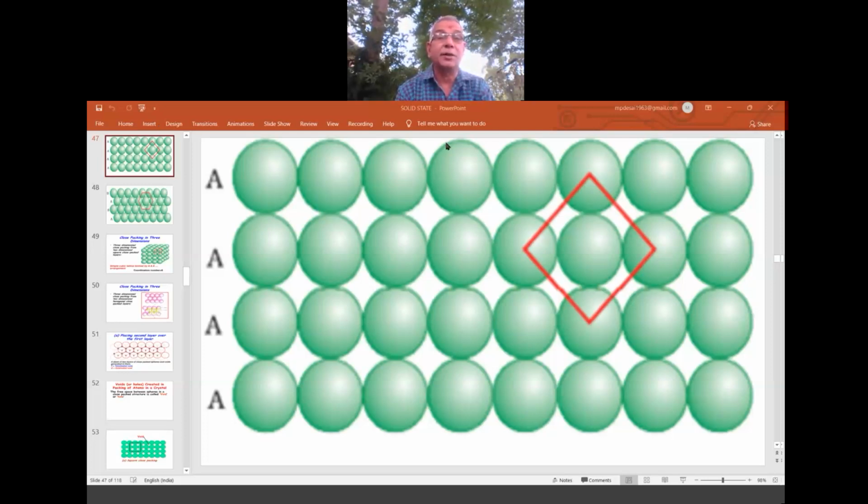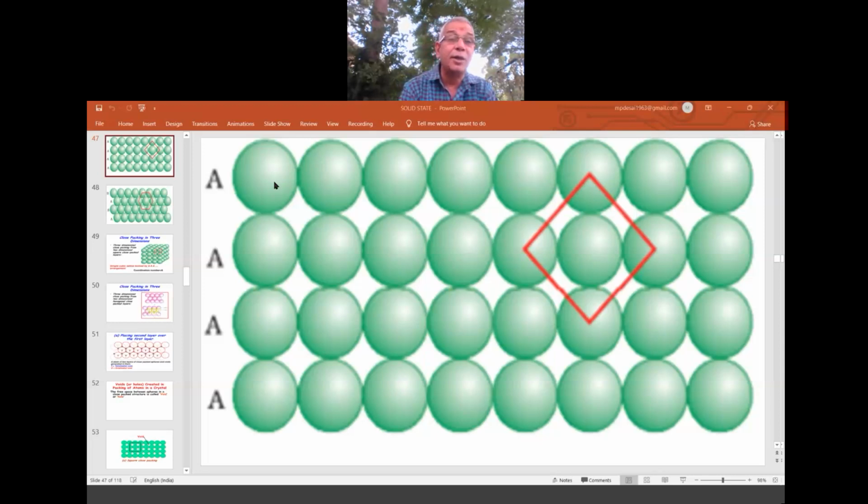Right. When we keep one layer over the other layer in 2D, all the layers are the same layers, A type layers. Just one name is given, similar name A. You can take it B also. So similar balls keeping one over the other gives you square close packing, because by selecting one ball, around that there are four others. If you join all those centers, it looks like a square. That repeats everywhere. Therefore, this packing in 2D is called square close packing.